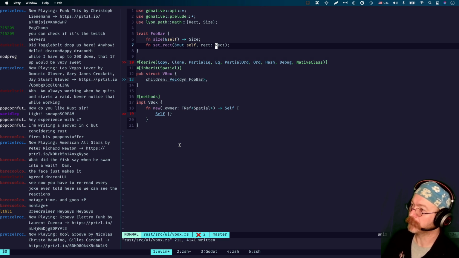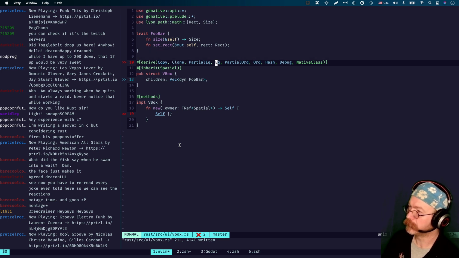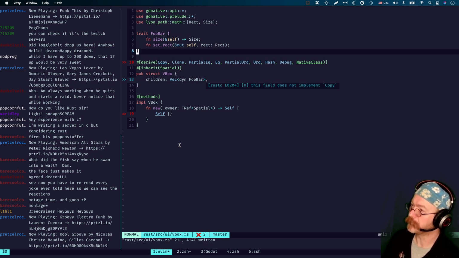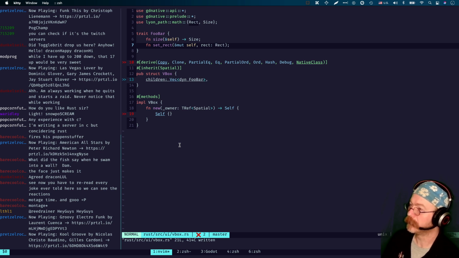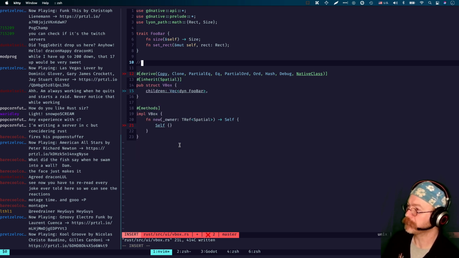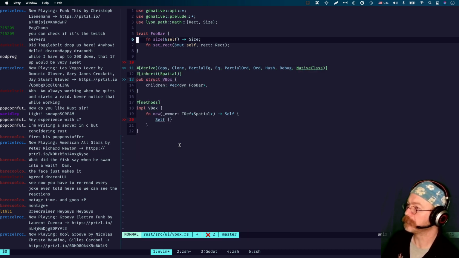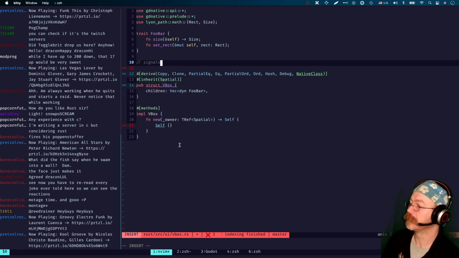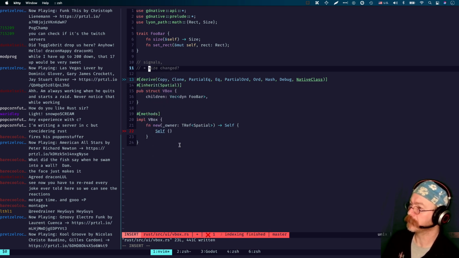We could have the VBox, or we just listen. Because we could use signals for that. Kind of a side channel sort of thing. So we either have foobar or signals. And the signals would be size changed. I know it's a little dark there, but